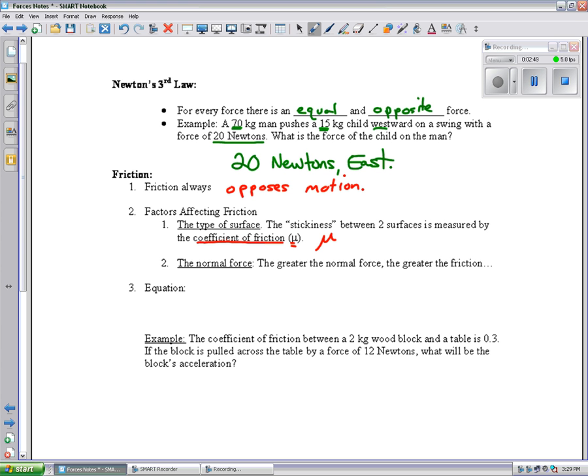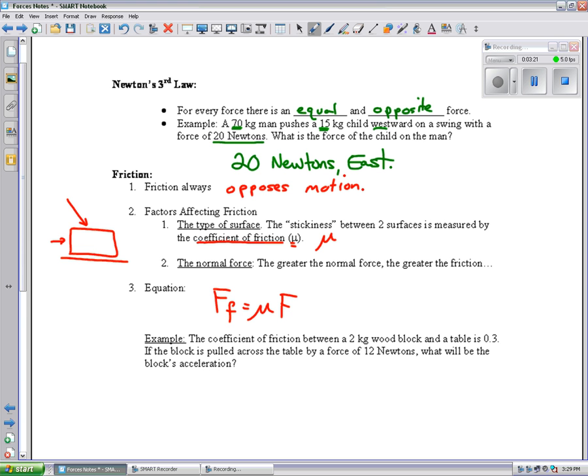The second thing is the normal force. You don't have to draw this, but I kind of want you to see it. Okay, if I have a block on a table, I could push it this way and there would be a certain amount of friction. But if I push down on it, I get more friction and it's harder to move it. The reason why is I push down on it, in order for it not to move down, the normal force pushing up has to get bigger, and that's going to give us greater friction. So the equation relating this is this: the force of friction is equal to that coefficient of friction, or mu,